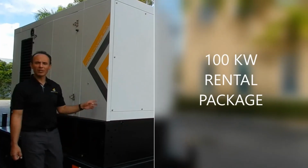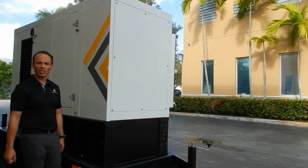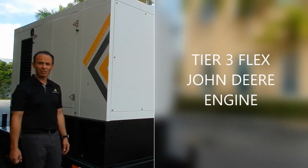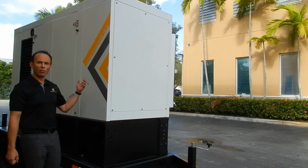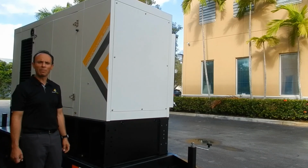Again, this is the 100 kilowatts rental package from General Power, powered by a John Deere engine and a Leroy Somer. This is a Tier 3 flex engine, and that's very important to keep in mind. And again, we're located in South Florida. Every single one of our products is 100% built here in the US, and we hope you like it, and